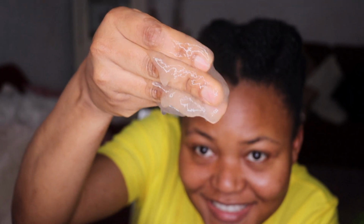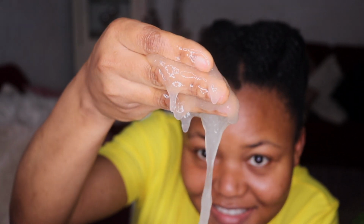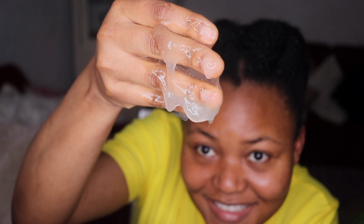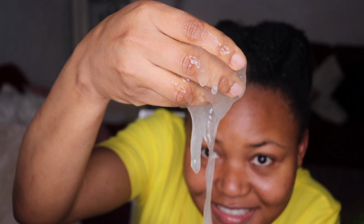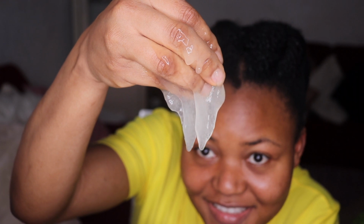The next day, that's how it looks. So I'll advise you make it today and then use it tomorrow so you get that real consistency. And please store it in the refrigerator. It can stay in the refrigerator for up to 4 days. I kept it in the refrigerator for up to 4 days, and then after using this for up to 4 days,